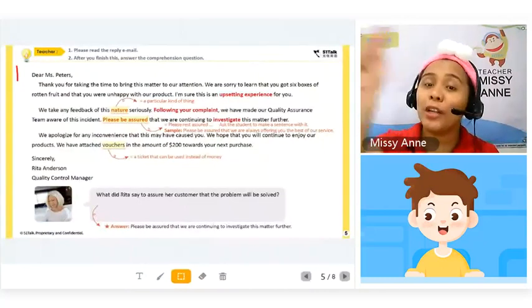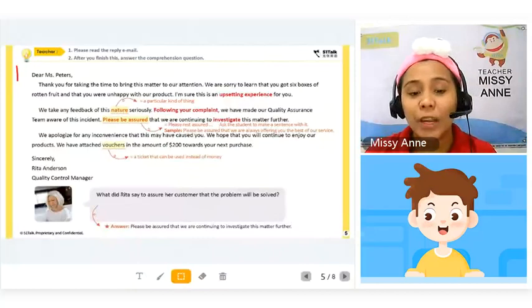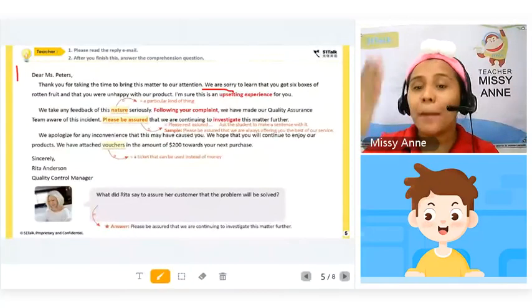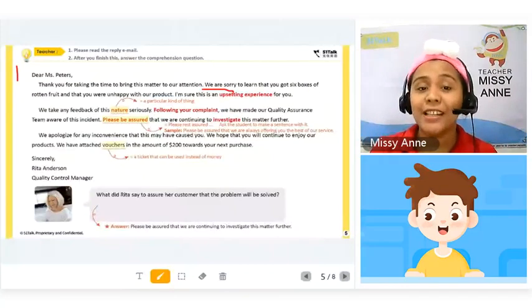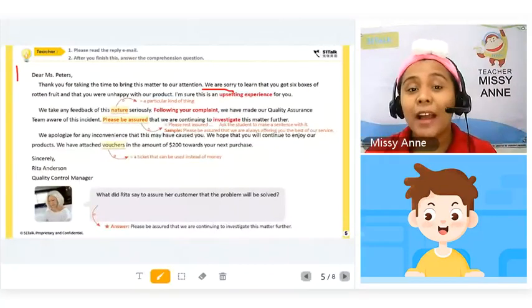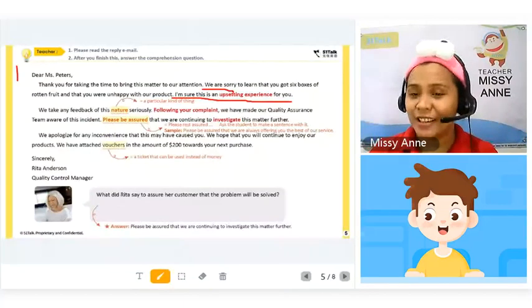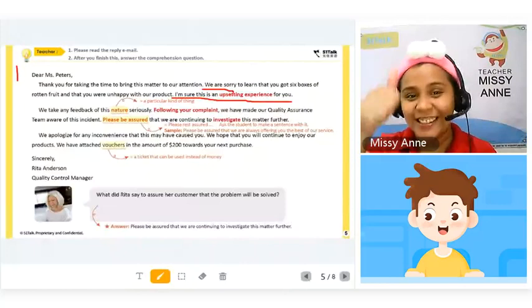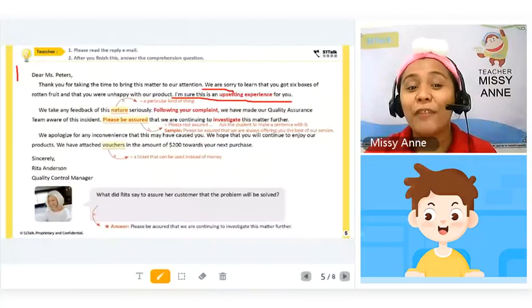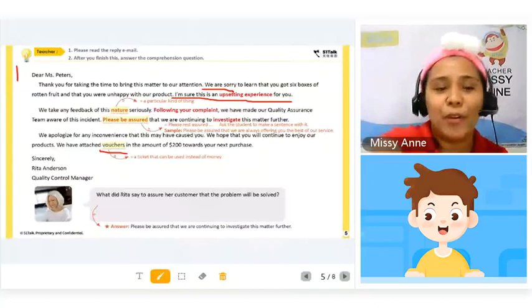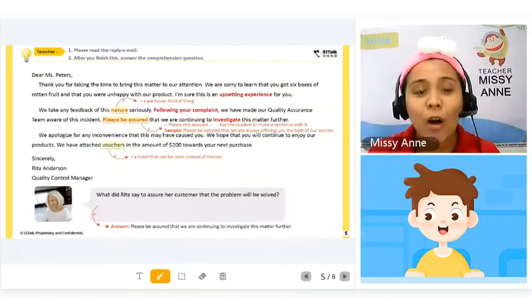Okay, just to go into details, Rita started with, of course, we are sorry, of course, by apologizing to the customer for having a bad experience, and by understanding what the customer felt. All right? Yeah. Okay, and then offering compensation. Very good, Fiona.